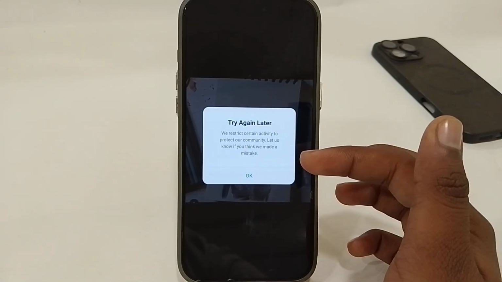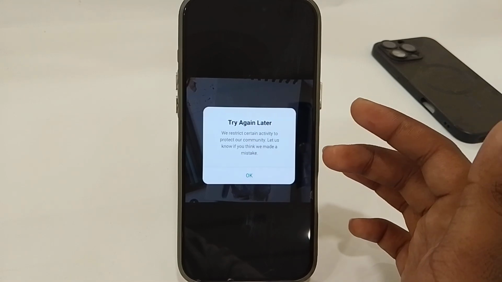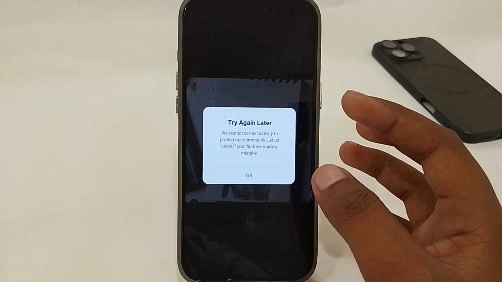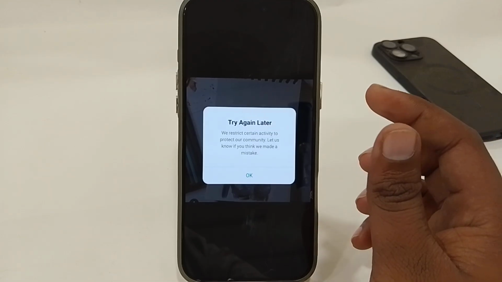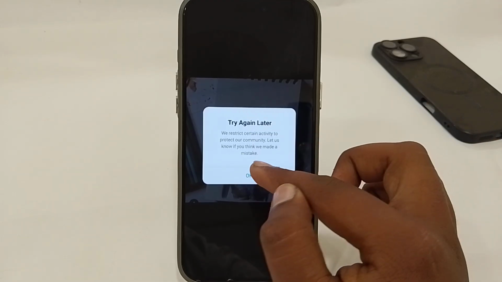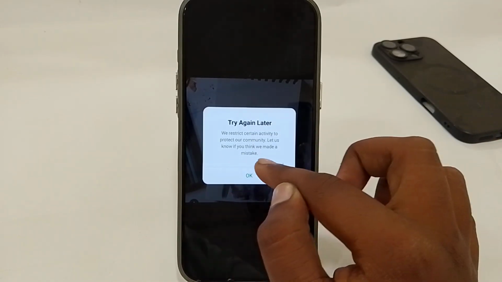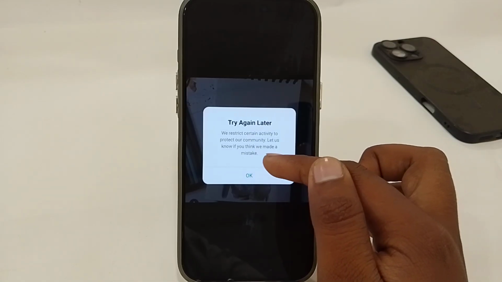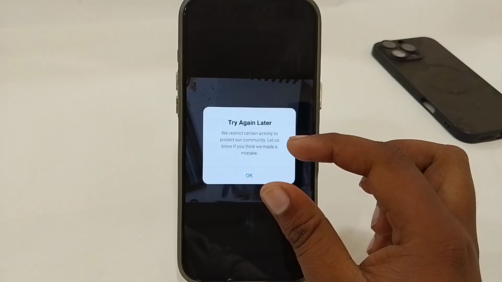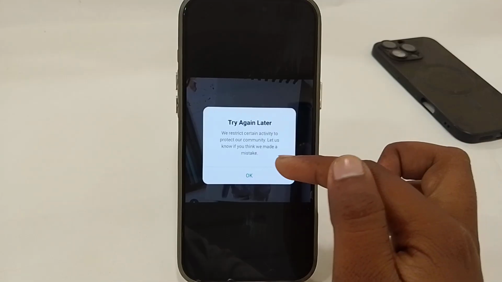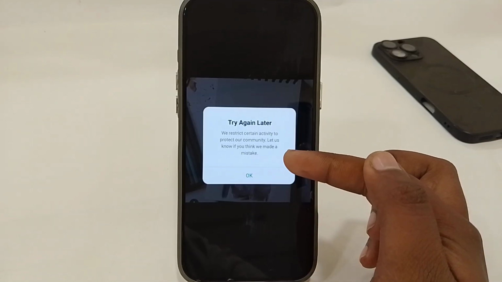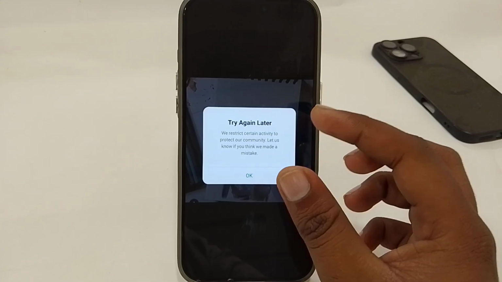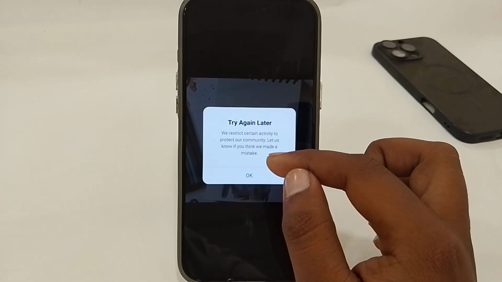It happens when you have misbehaved or violated any community guidelines, so there's not any exact fix for the issue. If you find a date mentioned here, it means that your problem will be fixed on that date. Or if you don't have any date mentioned, like I don't have here,